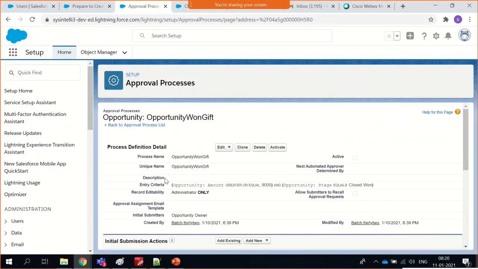Initial submission actions we have here, and what I want to do at an opportunity level